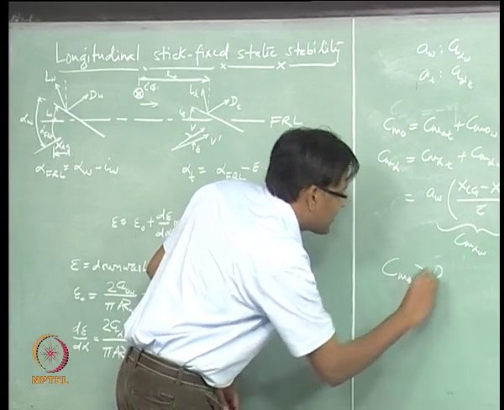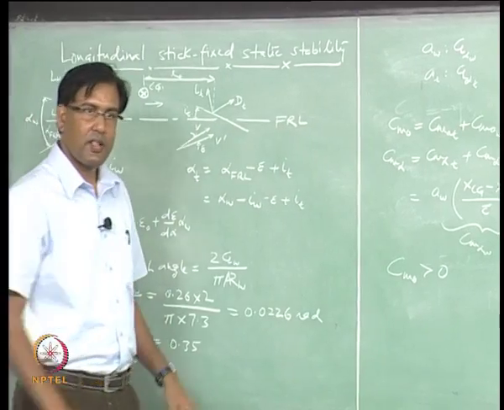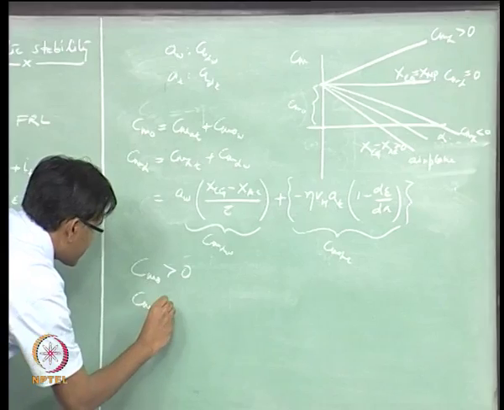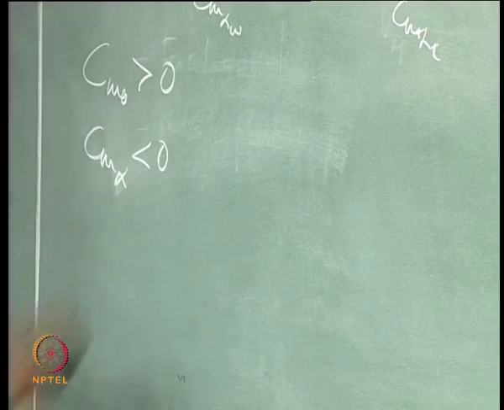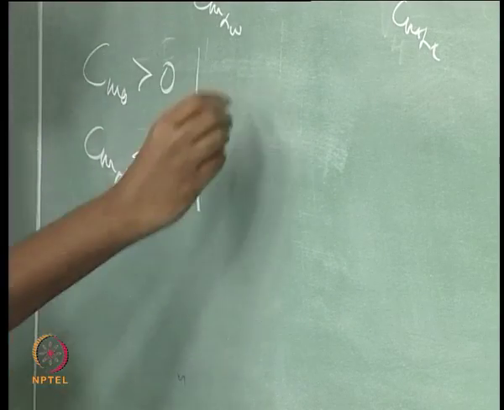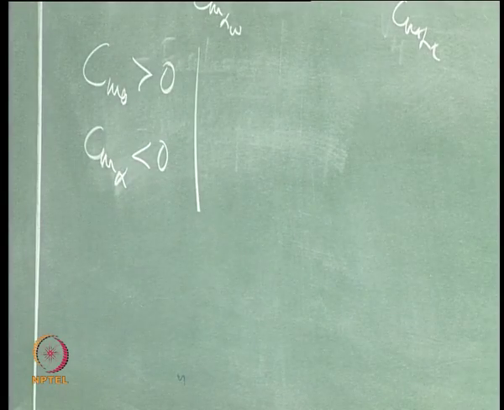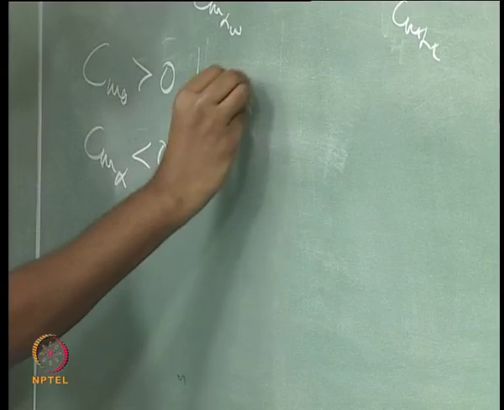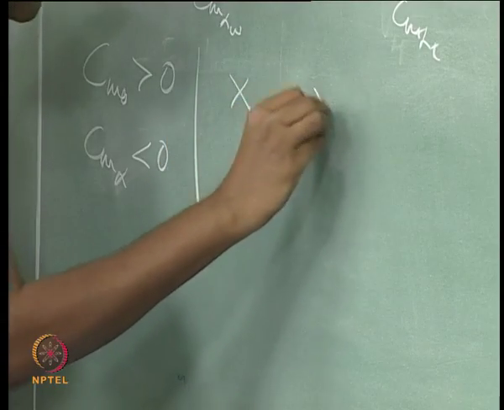Cm naught should be positive, and this slope should be negative. On top of that, you should have your CG ahead of the neutral point, right. So, x CG must be less than